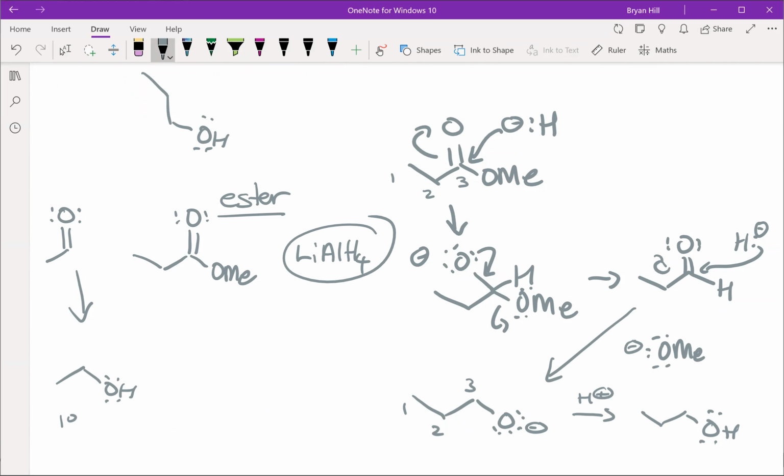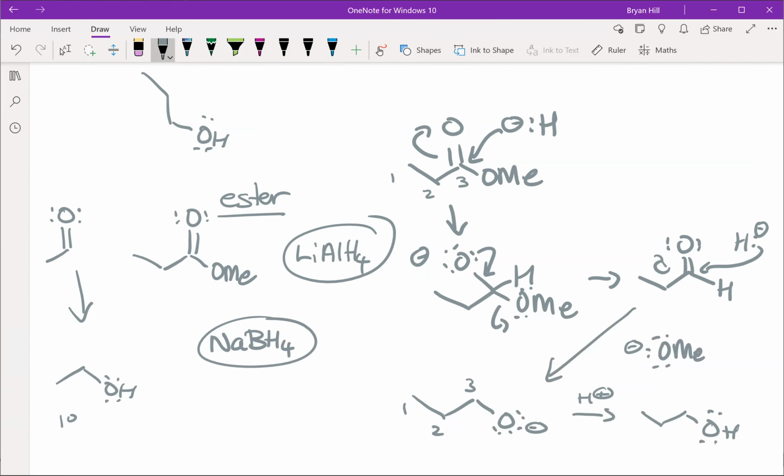Wouldn't it just stop at the aldehyde? Yeah, sodium borohydride doesn't actually reduce esters. It's not a strong enough reducing agent. There are the odd examples where it does reduce esters, but typically sodium borohydride is not strong enough to reduce